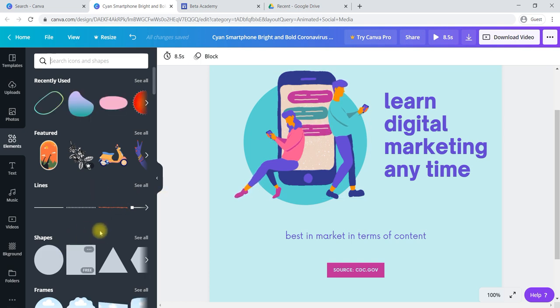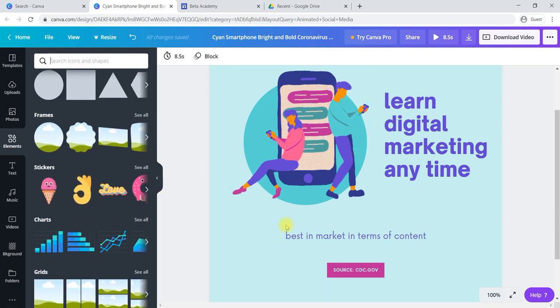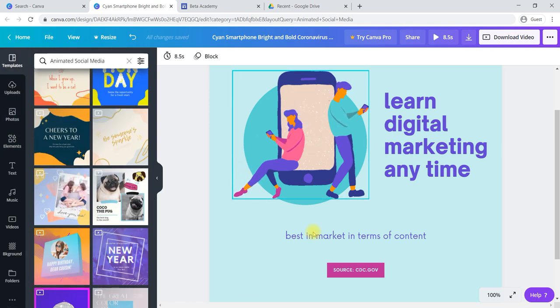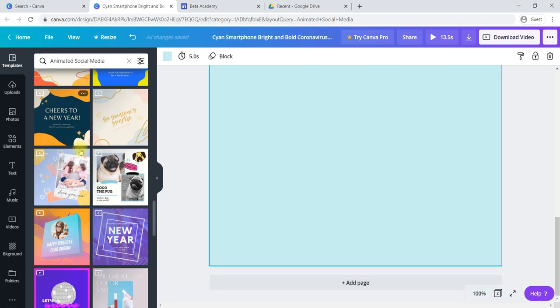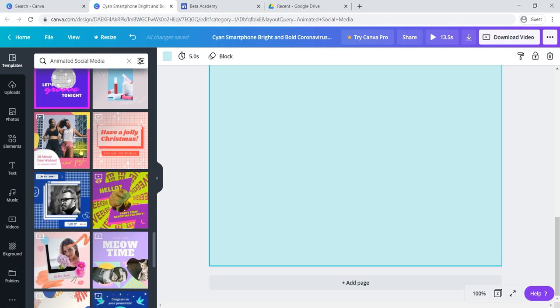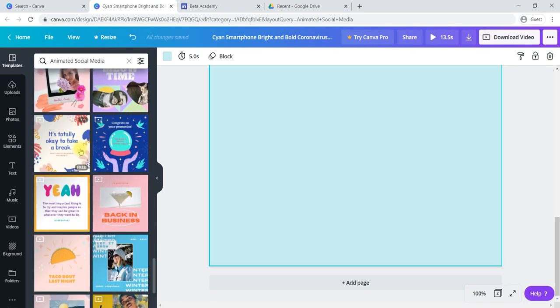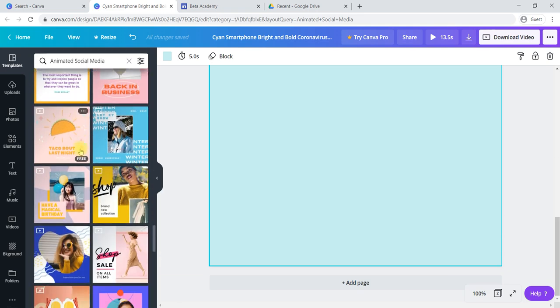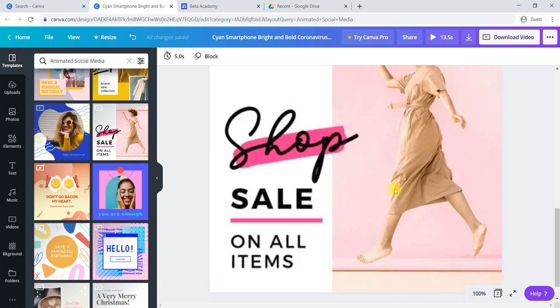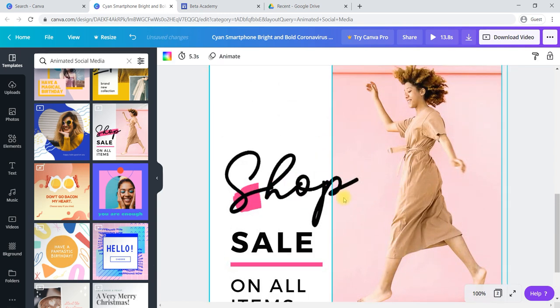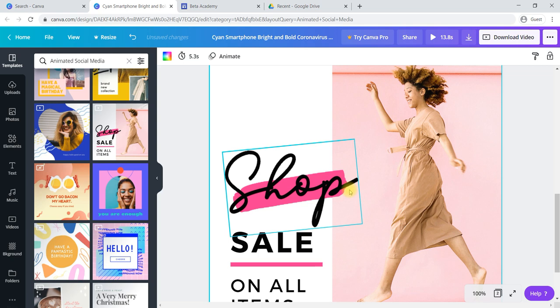Anytime you can change the text shape and utilize them here. And you can change the template also. If you would like to add one more template, add a page and you can add different templates here. Available templates are there, you can use them to create an animated ad.